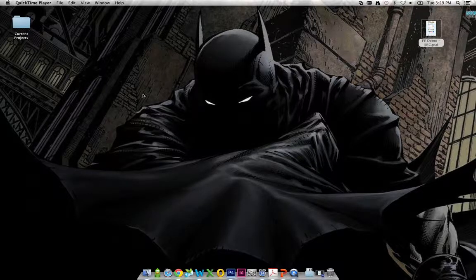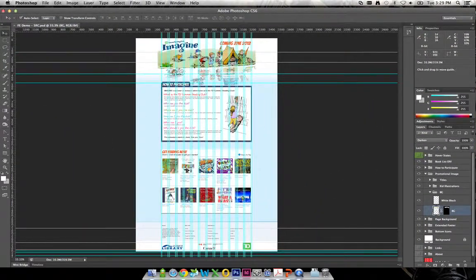Alright, in this video we are going to do some basic slicing techniques just on the first method of slicing that's available, which is the slice tool. So in order to start off, what you're going to end up doing is double clicking on your PSD file, wherever that may be placed, and it will open up your